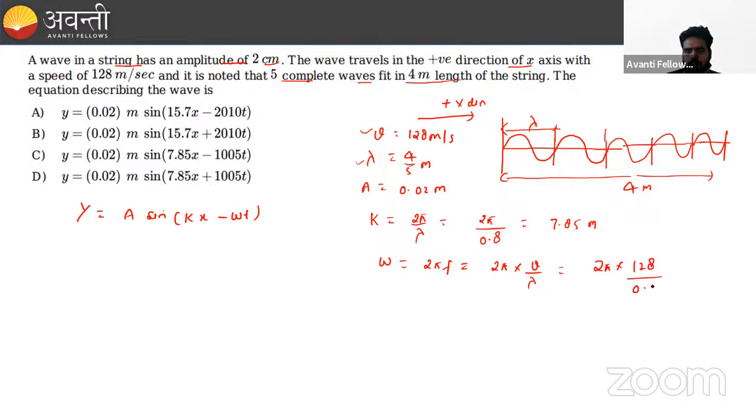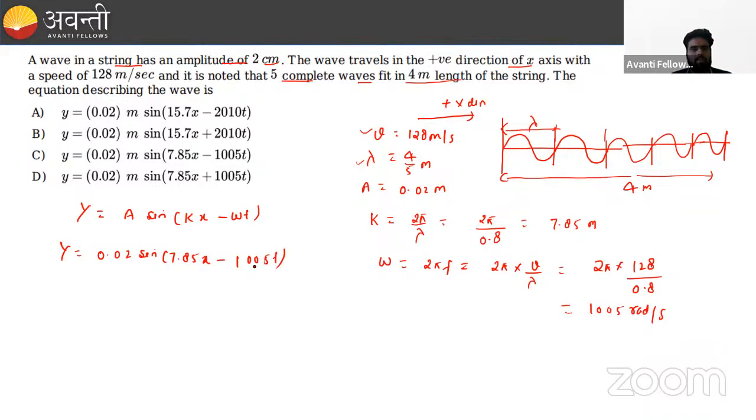For the value of lambda, that is 0.8. So in this manner, the value of omega will come 1005 radian per second. So if we put all these values, what we will get is 0.02 sine, in the place of k put this value 7.85 x minus